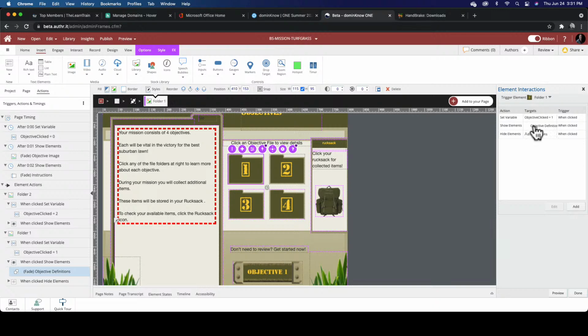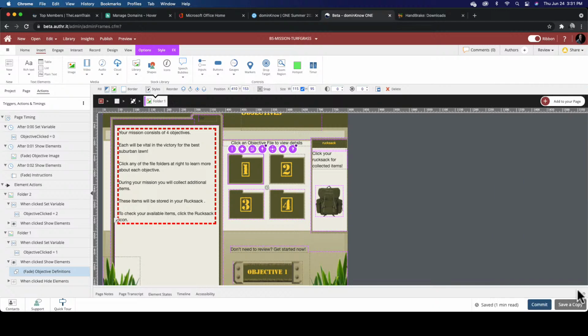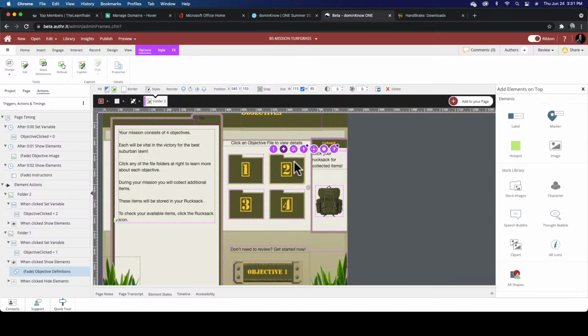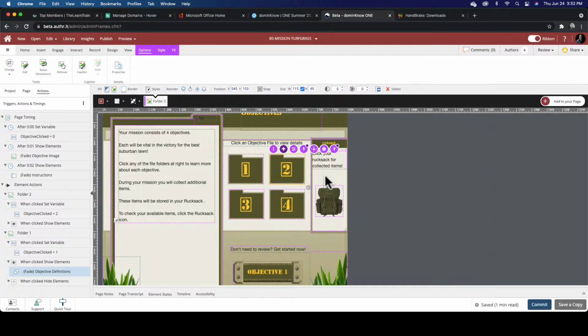The layer that we've created that shows the text element and the image element are ready to go. And we click done. And now those should work, except this one. Oops, that's not what I wanted. We want to